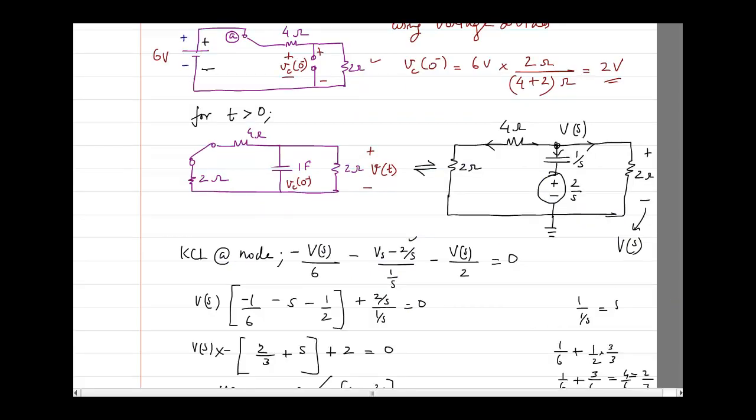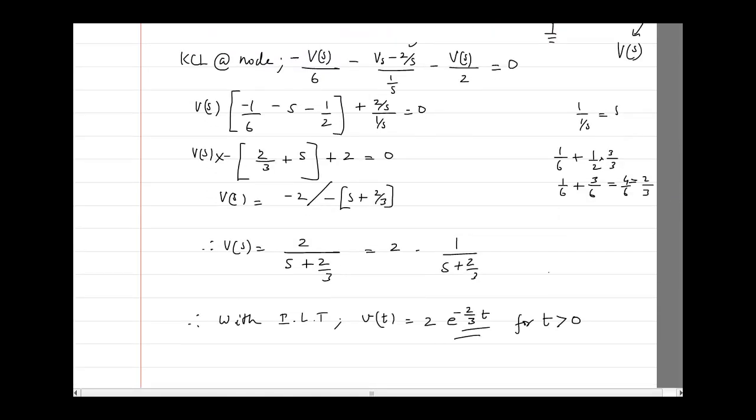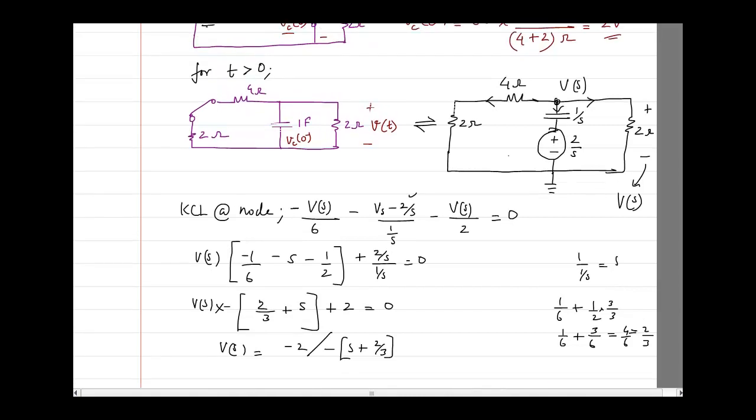See, this was the same one I got when I did using nodal analysis, but I told that the nodal analysis is going to be simple. Why I said that it is going to be simple? Because see, how many nodes are there here? There is only one node. So with one equation you will get the answer of V of S.